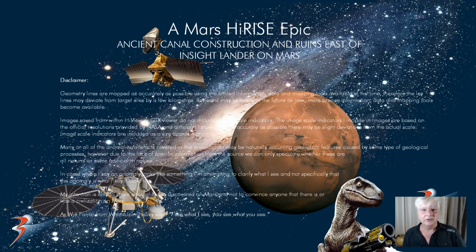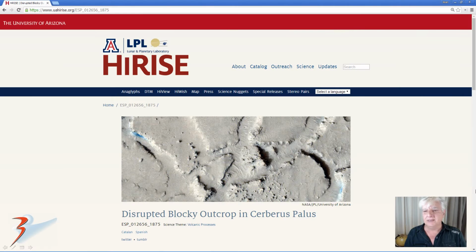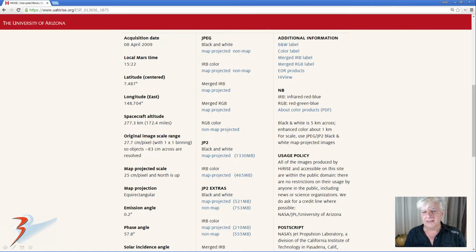Hello everybody, Jean back with more Mars anomalies, returning to the terrain here near the InSight lander, where our speculator may have found ancient canal construction and ruins east of the InSight lander. The photograph we're analyzing is called Disrupted Blocky Outcrop in Cerberus Palus, and I'll include the link to this page below. Acquired on the 8th of April 2009 at 25 centimeters per pixel resolution,